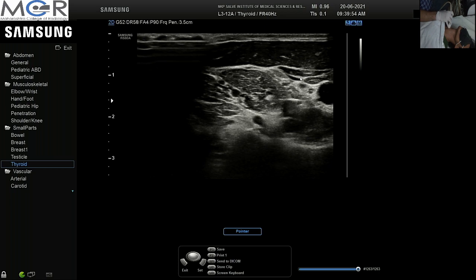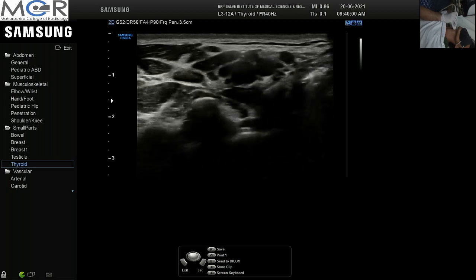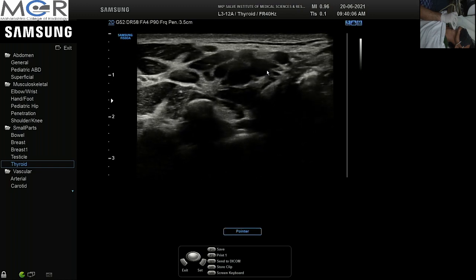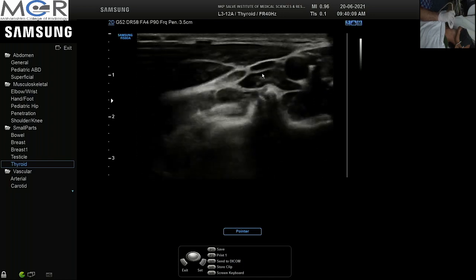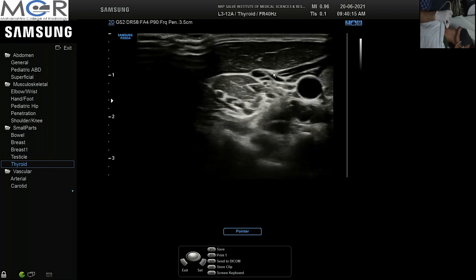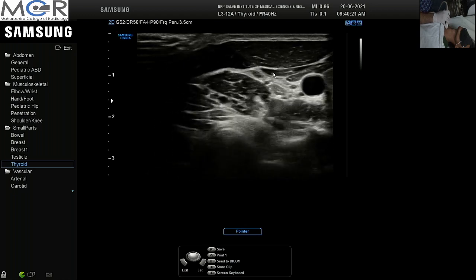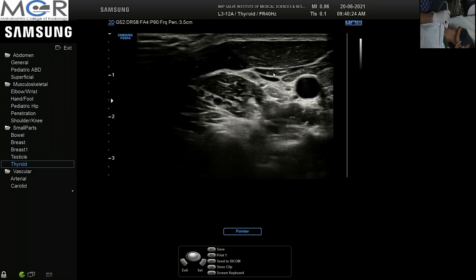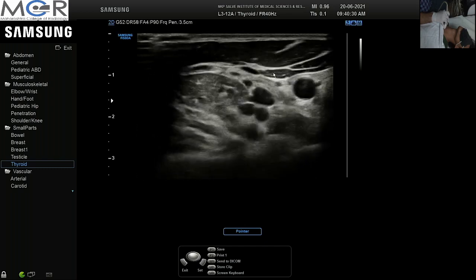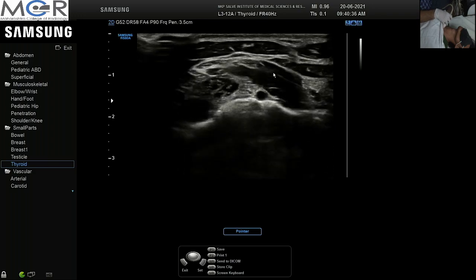Similarly, the carotid artery bifurcation tells us the level of the hyoid bone. This is the carotid artery bifurcation. It corresponds to the level of the hyoid bone. As we go down, we trace the internal jugular vein, and when the internal jugular vein is crossed by the inferior belly of omohyoid, this point corresponds to the lower margin of the cricoid, and here the middle cervical region ends and the lower cervical region starts. In the lower cervical region, the internal jugular vein joins the subclavian vein to form the brachiocephalic vein.